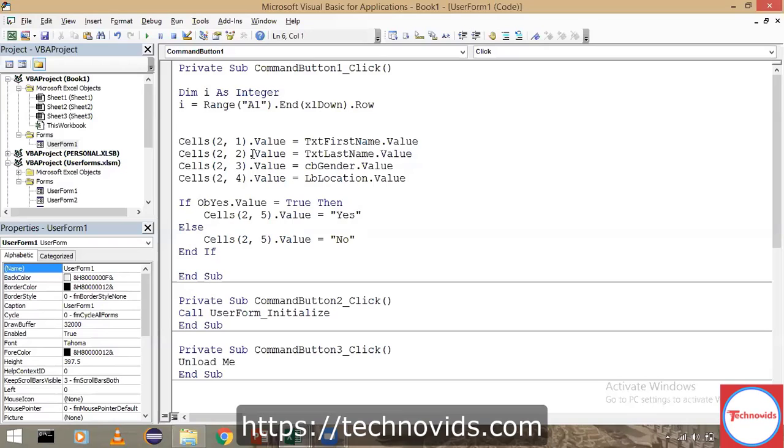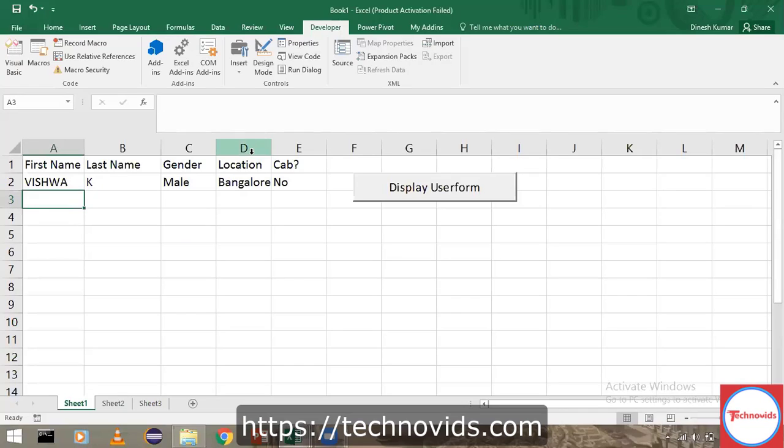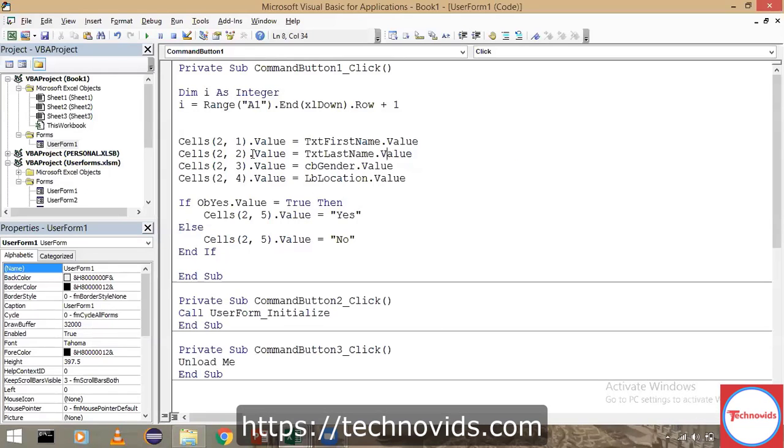I would just increment I equals I plus 1, or you can easily do it here itself, say plus 1. That's it. You understand, right? Plus 1, because it has to take the next row. So that would be my I, and instead of the second row, wherever 2 is there, I will replace it by I, here also I. Okay, so we have just automated that part as well.